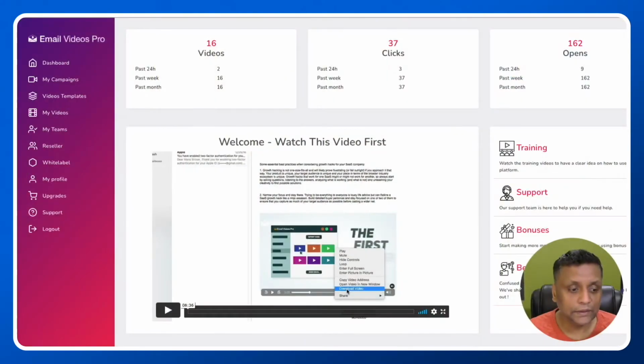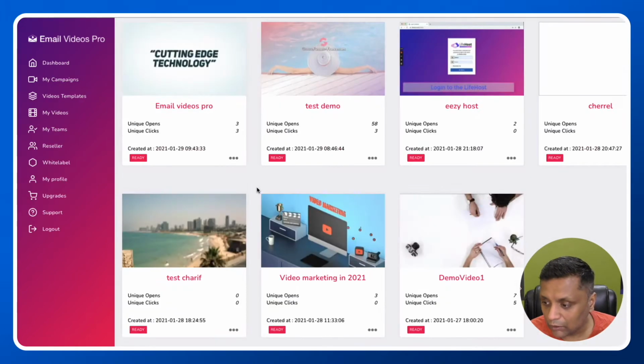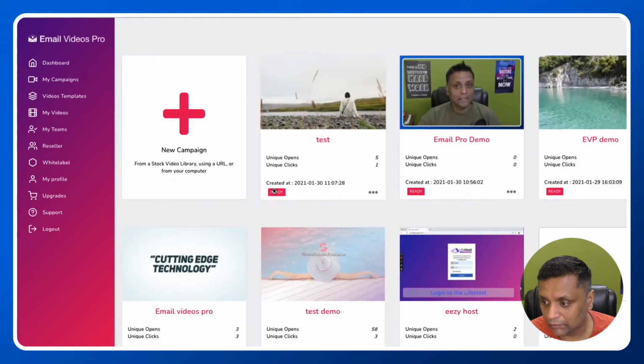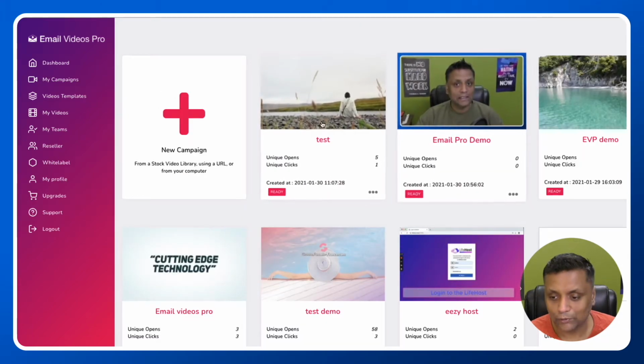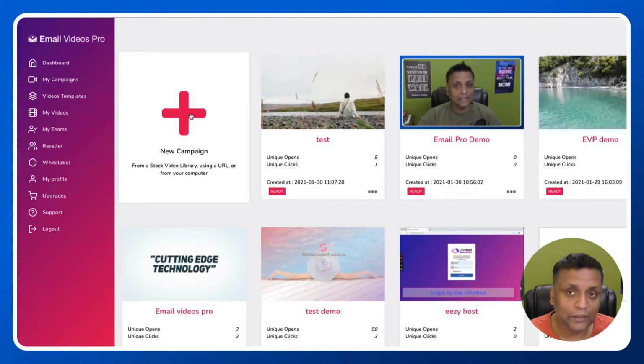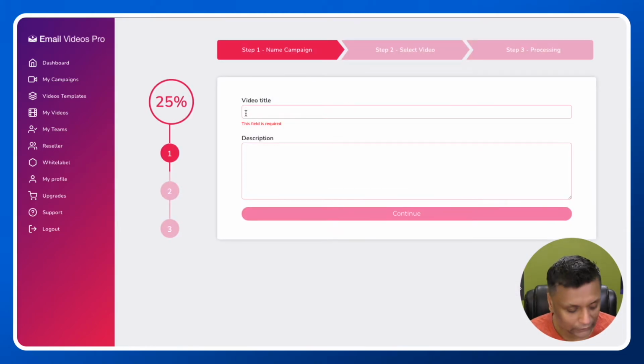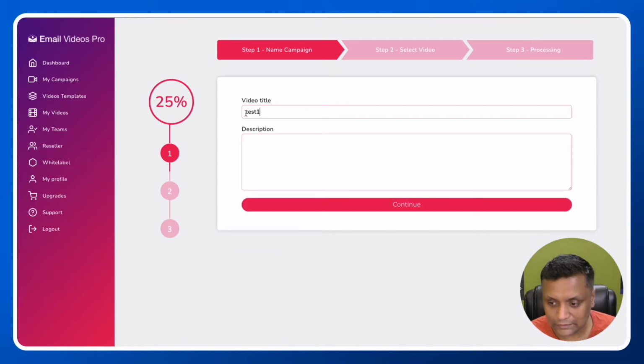So let me just take you inside the members area of Email Videos Pro and give you the exact demo of how it is going to work. So this is how the members area looks like once you log into the dashboard, and you have to go into my campaigns straight away, and here all your campaigns are going to be displayed. I've already created a couple of campaigns which are showing over here, and in order to create a campaign you need to click on new campaign, and here you need to give a title. So I'll just give test one,